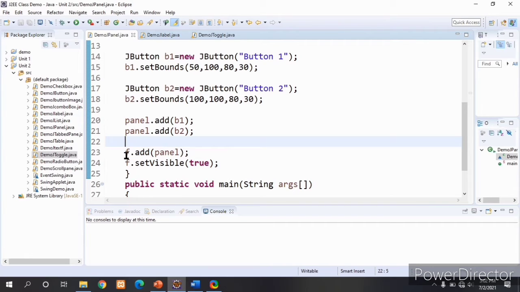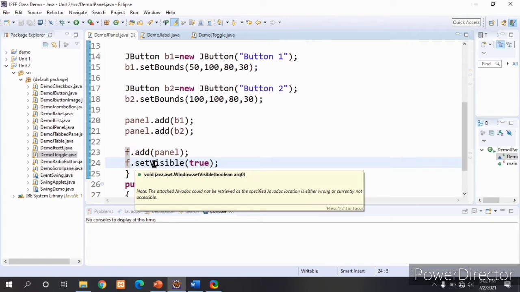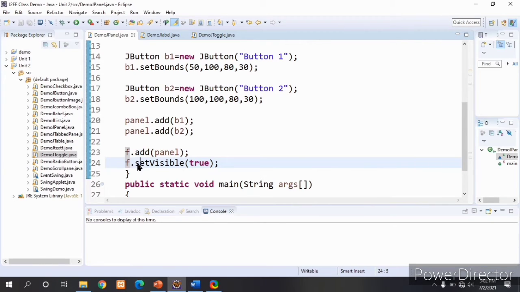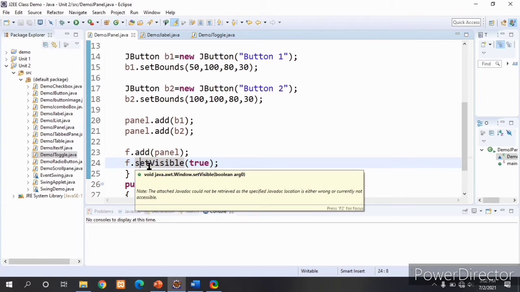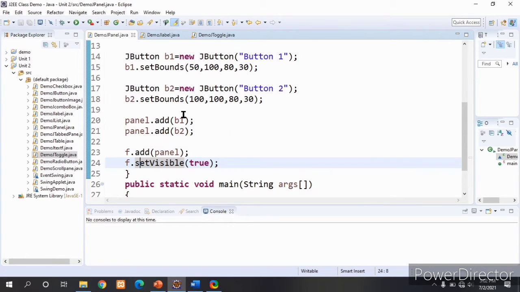Next I am adding that panel into the frame. Next I am making the frame visible on the screen by setting setVisible equal to true. Then only that frame becomes visible on the screen with the panel and 2 buttons.